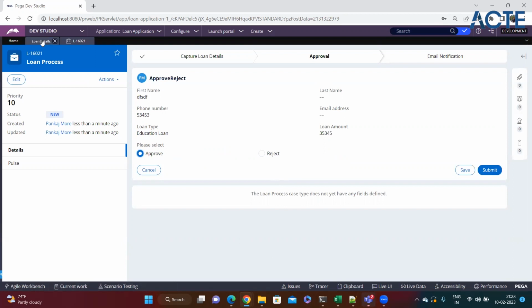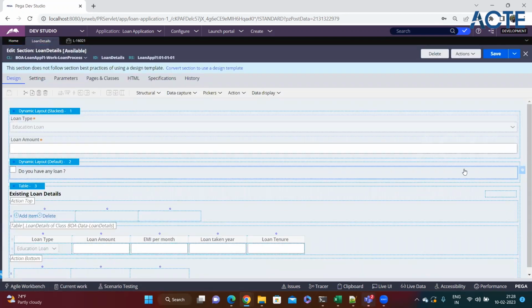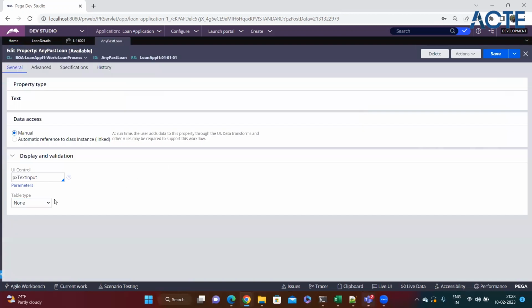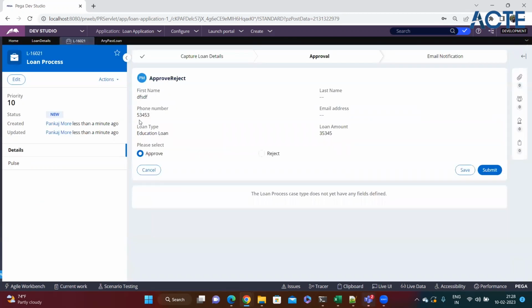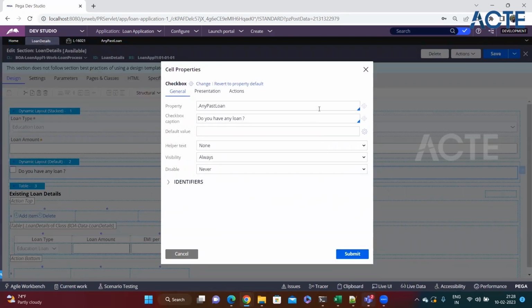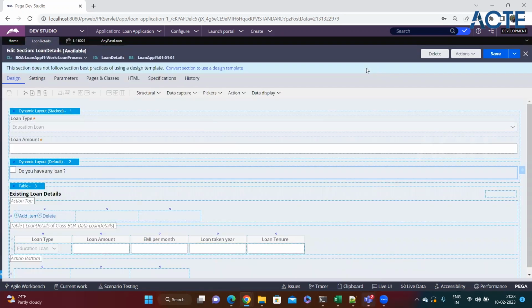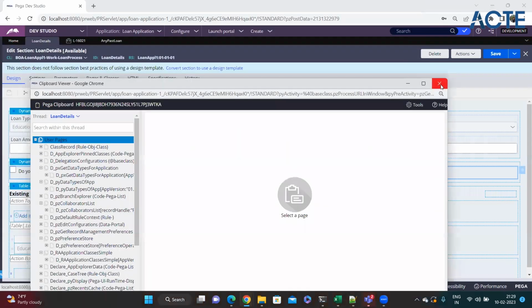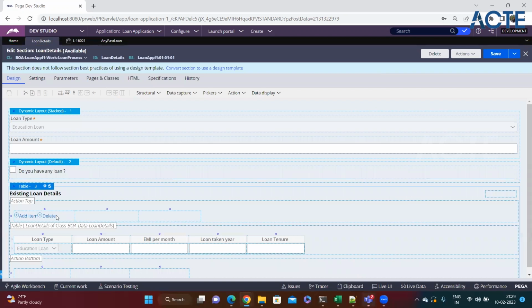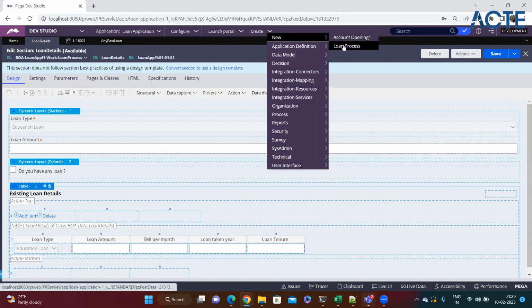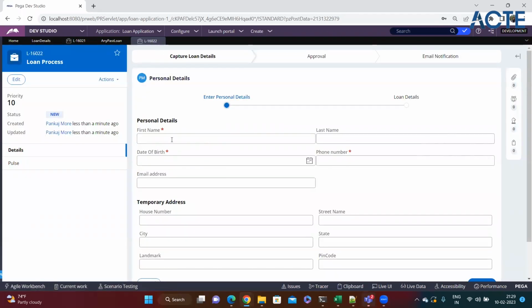But here in this loan, whatever property I've created, I have not given any option, right? A local list, yes, no, true, false, and all that stuff. So for this one, you have to explicitly tell Pega that you want to refresh the section, so that once you refresh, this value will come into the clipboard, and then Pega compares this clipboard value to this table layout. So that is the reason, when I was running it,